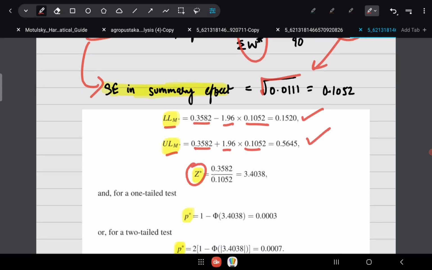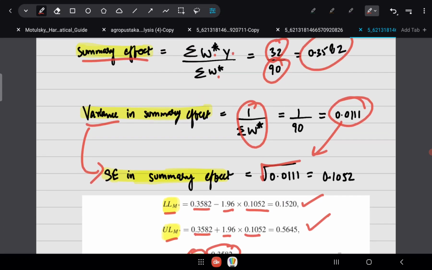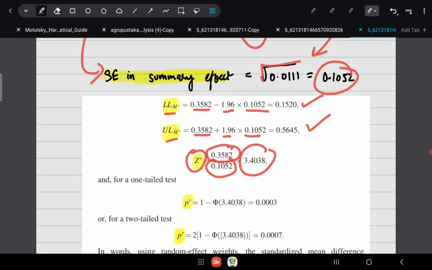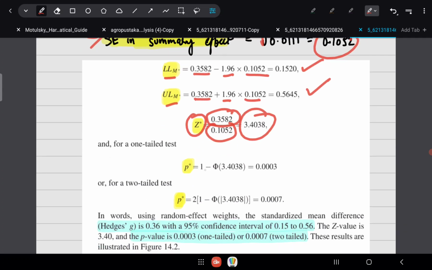The next step is to calculate the Z statistic. This will be the summary effect divided by the standard error. Can you see the standard error? Yeah, here. So this is the summary effect divided by the standard error. This is your Z statistic. The p-value will be 1 minus the normal distribution function of the Z statistic, and the two-tail p-value will be double this. So this is the final result that we have got after doing this